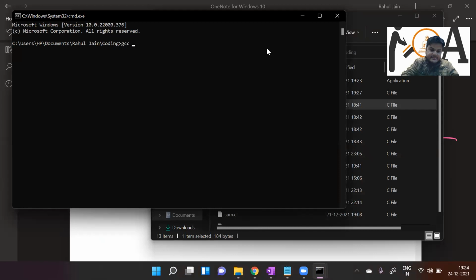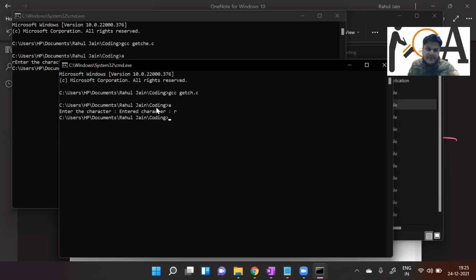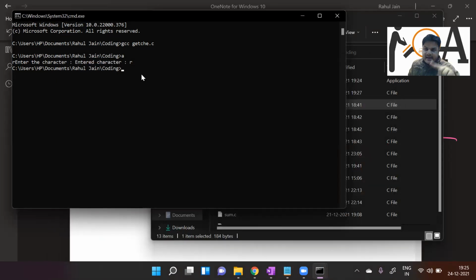This time we are seeing getche. getche.c is compiling, compiled, executable file name a. The cursor is blinking. Observe. As I press R, now R is also there. Immediately the output is there. Before that, I typed R, so R is shown on the screen and then the output R as well. It means a minor difference. In getch, we don't have an echo, that is why only a direct R.